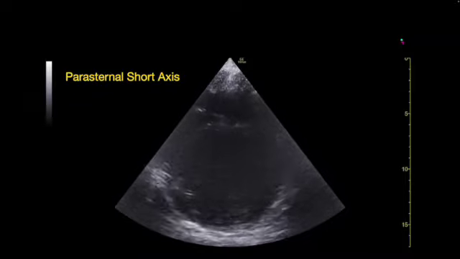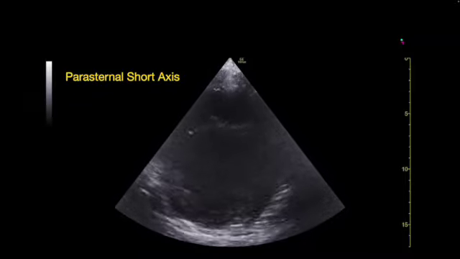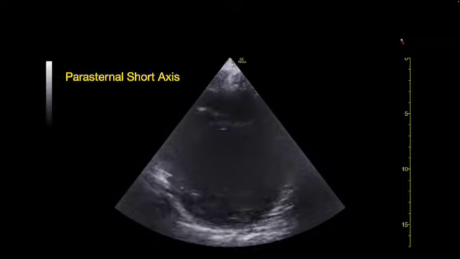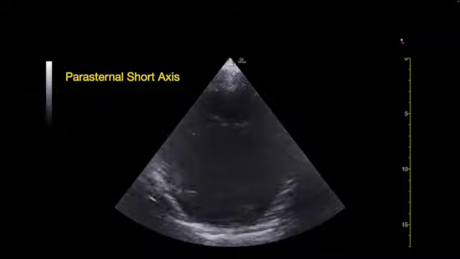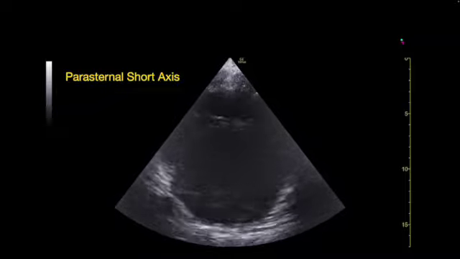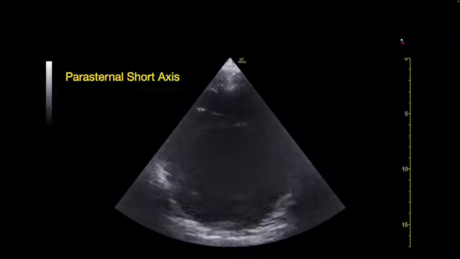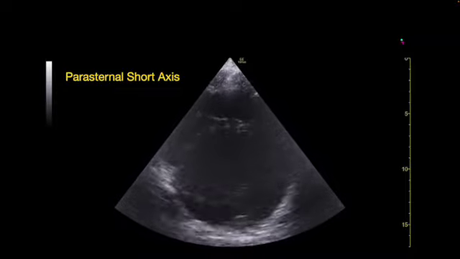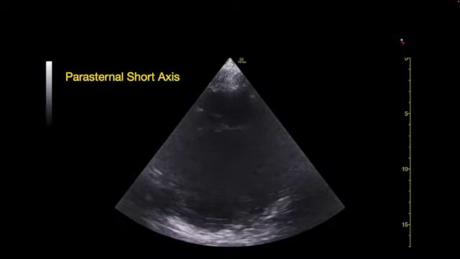This is a suboptimal view, and I intentionally put this up because I don't want to give you any false hopes. A good portion of your views at the bedside are going to be suboptimal. But the more that you grab the ultrasound and look at your patient's hearts, even in a normal